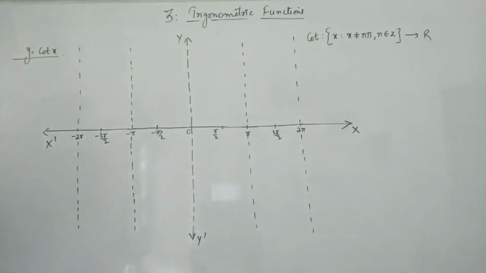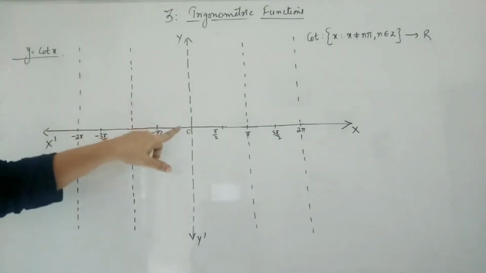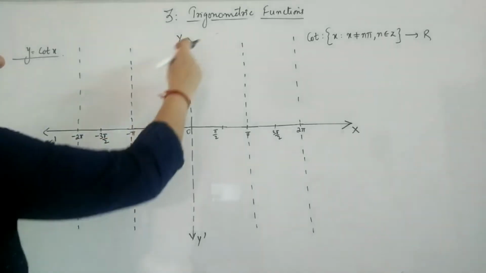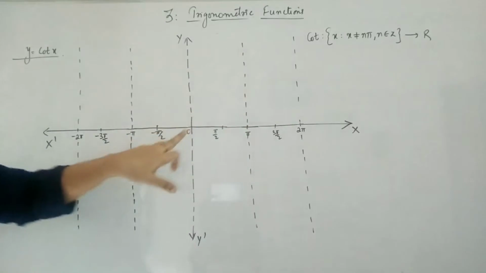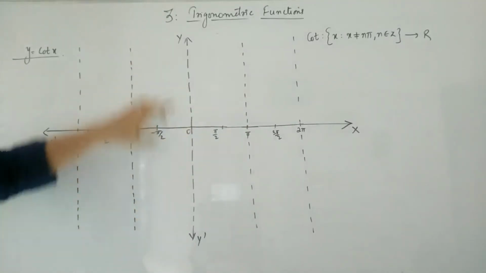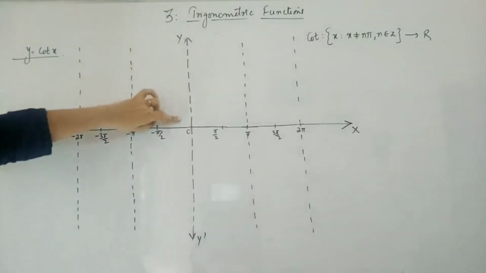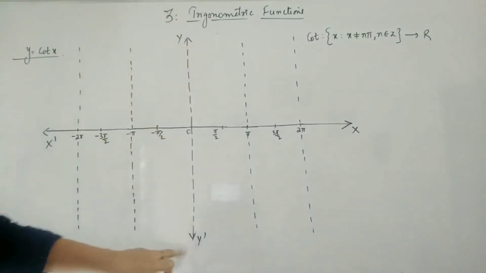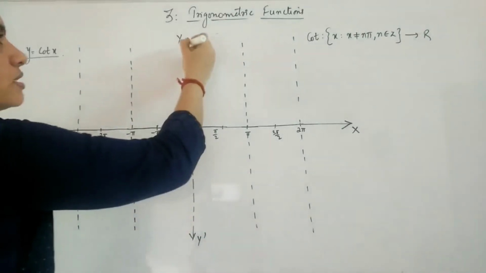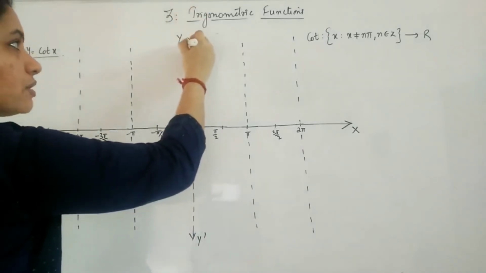Okay. Now how will be the graph? Cot 0 is infinity. And this y-axis is also included in that part in your nπ. Since it is axis, I have just drawn it dotted in order to understand that the graph is not touching this part also. So now for cot 0 it is having an infinity value, so it will start like this.